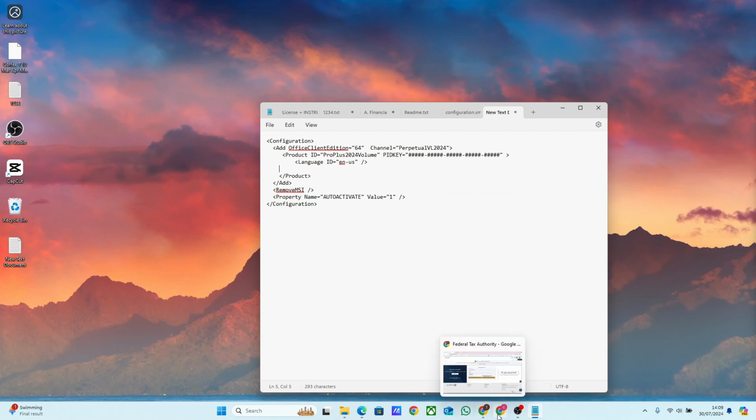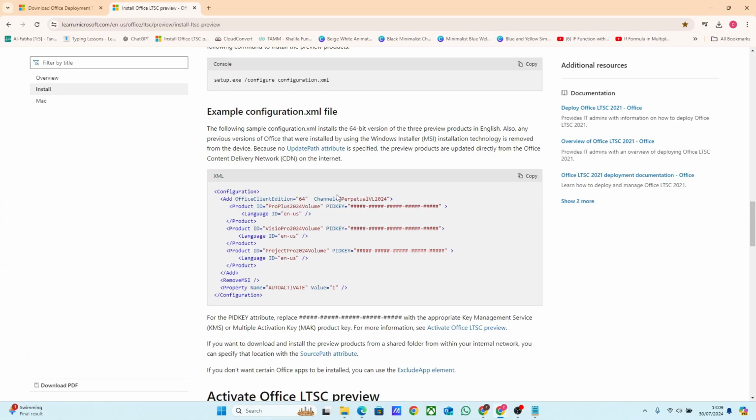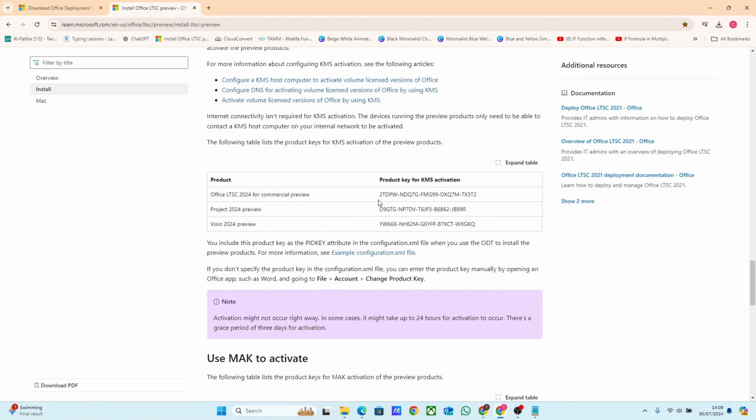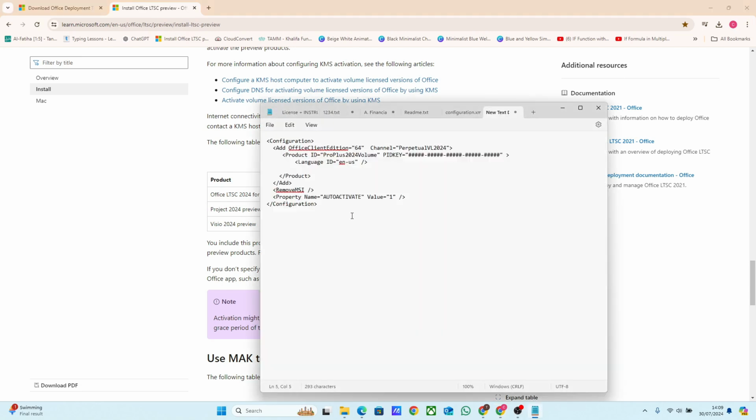Then again we'll go to the browser. In this we'll go down. From here we'll copy the product key. Again go to the text document. We'll select this and here we'll paste it. Now we are going to save this file